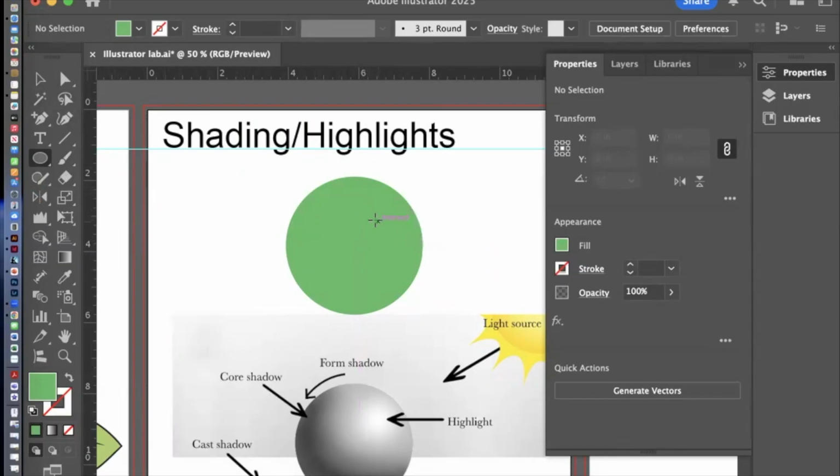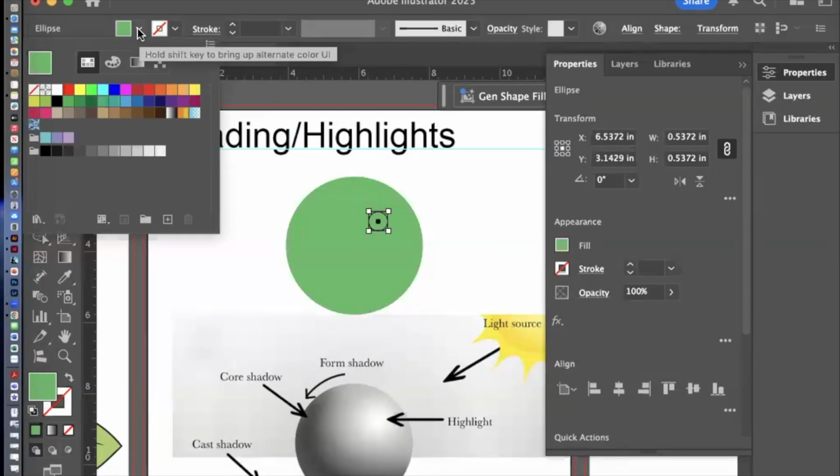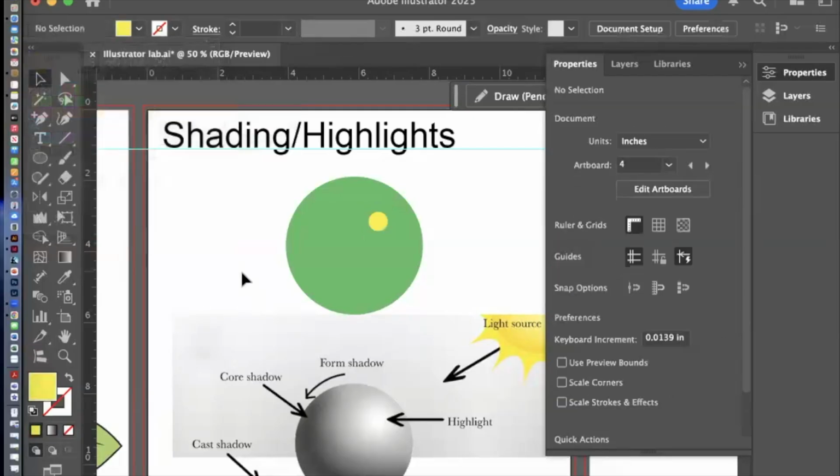Just about right here. Maybe make it a little bit bigger. Yep, there we go. I'm going to make this yellow. Okay, so right now we've got a circle with a little dot of yellow. And that's okay for